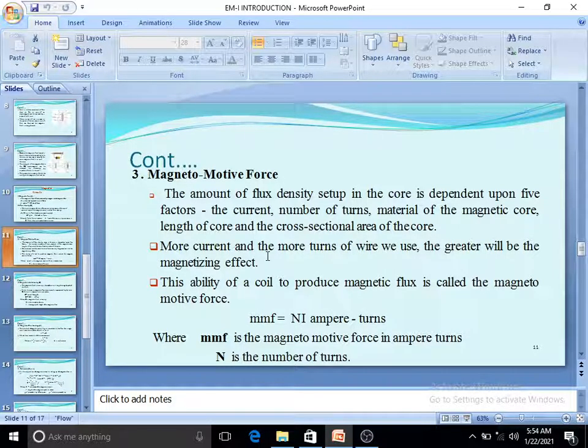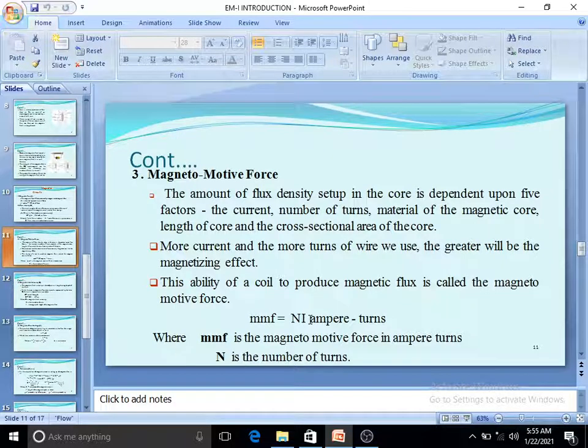It is defined as the product of the number of turns and current. If you want to generate the magnetic flux, we need to consider a conductor and pump the current. So the required quantity is current, and this current depends upon the number of turns. If 1 turn, a less amount. If 2 turns, a more amount of current is required. 3 turns, more. 4 turns, more. So this MMF is nothing but the product of the number of turns and the current flowing through a conductor.